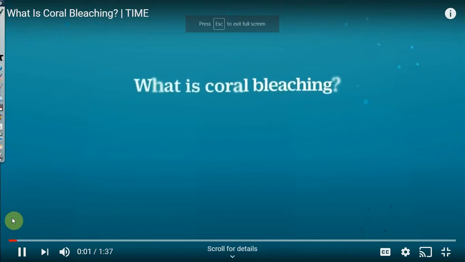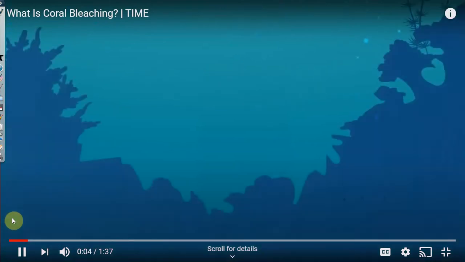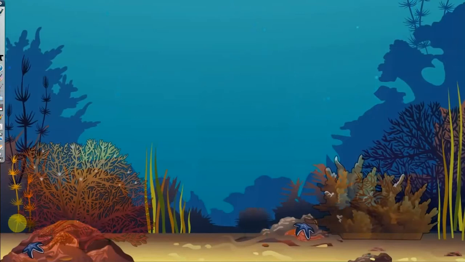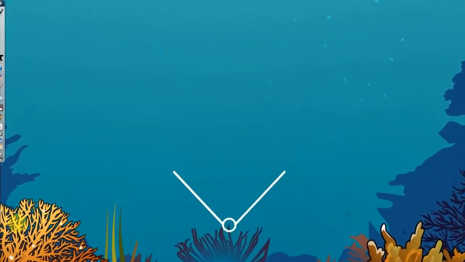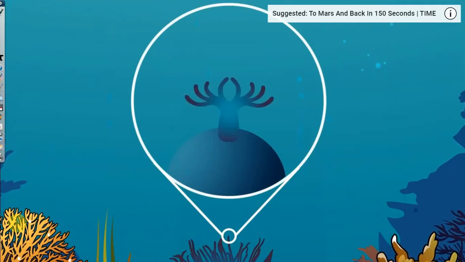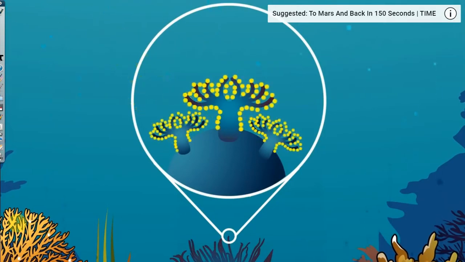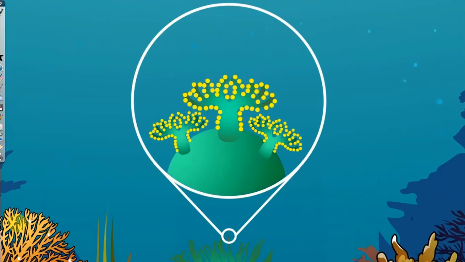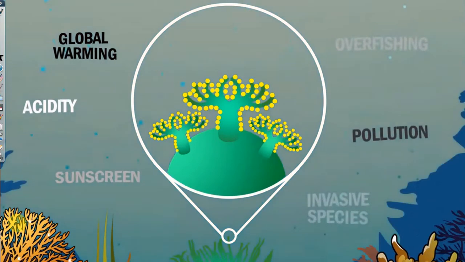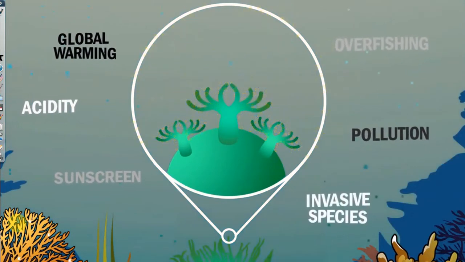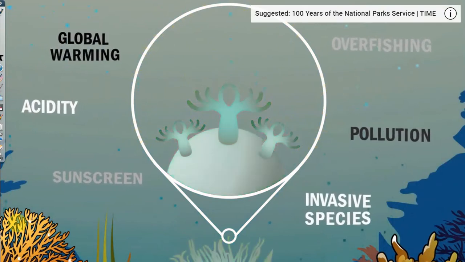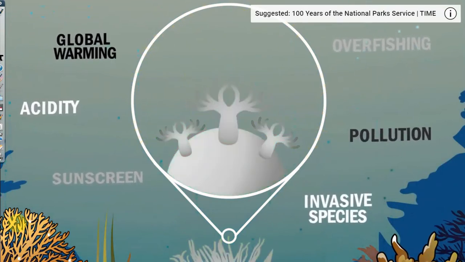What is coral bleaching? The corals that make up reefs around the world may look like one giant organism, but they're actually an ecosystem with many small creatures working together. Thousands of tiny jellyfish-like animals called polyps connect together to form colonies. These colonies host algae, which provide corals with food, as well as their vivid color, through the process of photosynthesis. A combination of global warming, water pollution, and other environmental disturbances can stress corals, leading them to expel the tiny algae that they need to survive. The process, called bleaching, leaves only a white skeleton, where before there were vibrant colors.